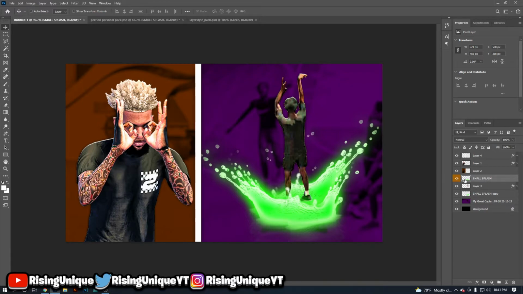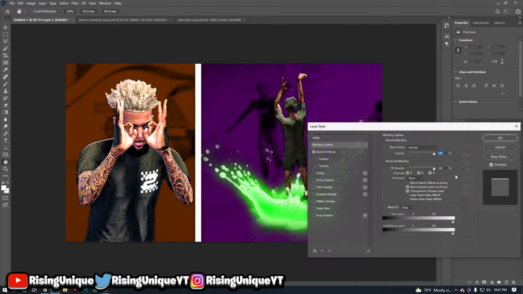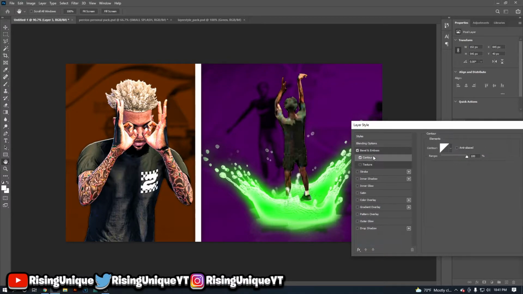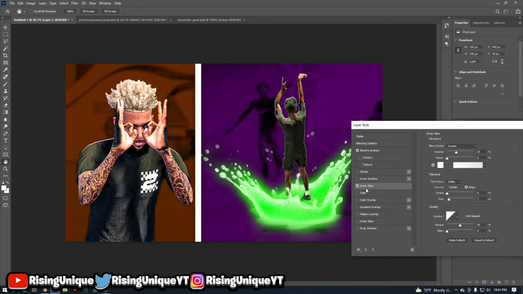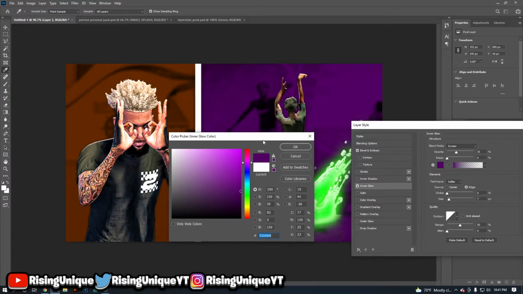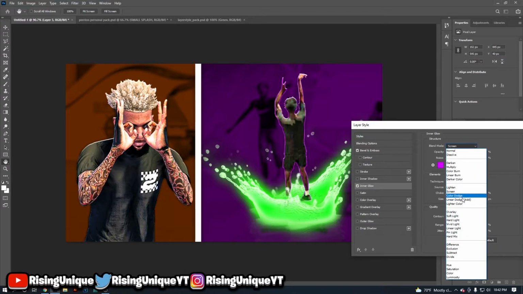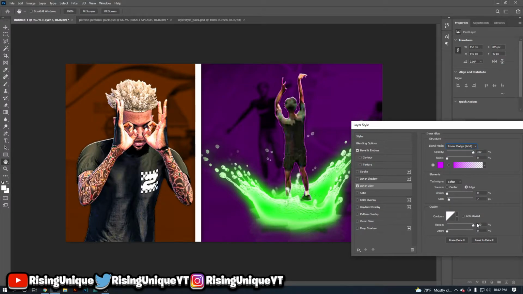So once you get the splash in there, you're going to add an outer glow to your player. You're going to double click on your player layer. So this is my player. You're going to do inner glow. Let me just reset. For the inner glow, you're going to choose the background color and then go to the highest color set. Then turn the opacity all the way up, make sure that it's on linear dodge add, turn the range all the way up, turn the size up, and actually you're going to turn down the